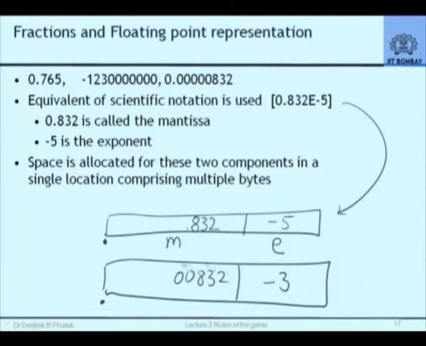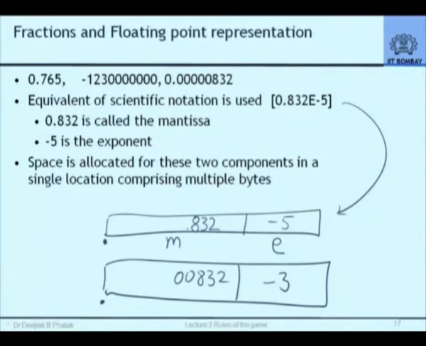So, depending upon how I write the mantissa, the meaning of the number will change. Suppose I wrote this as 83.2, it will mean multiplied by 10 to the power minus 7. The fact is that in the decimal number system, I can write my mantissa and exponent differently depending upon where I place my decimal point. That is the reason why that representation is called floating point. The same value gets represented in different ways depending upon where the point floats.